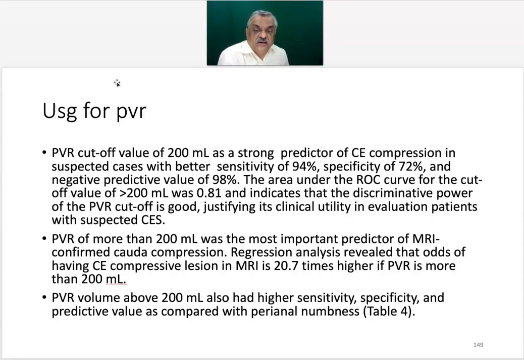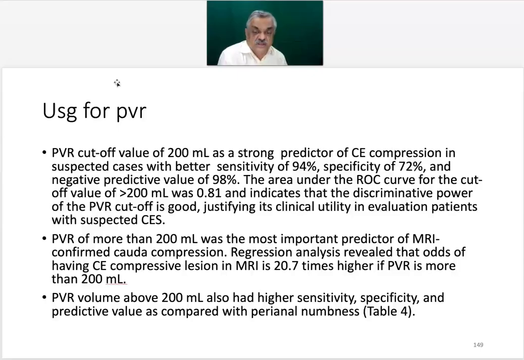The area under the ROC for a cutoff value of 200 ml is 0.81 and indicates that the discriminative power of PVR is good, justifying its clinical utility in evaluation of patients with central canal stenosis. Post-void residue more than 200 was the most important predictor of MRI confirmed cauda